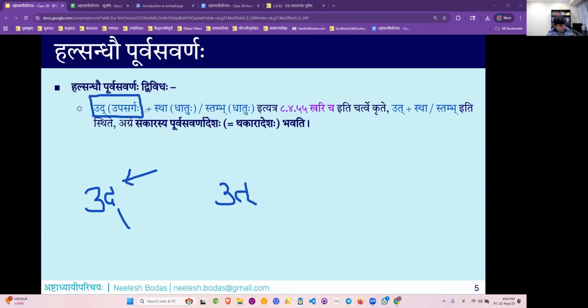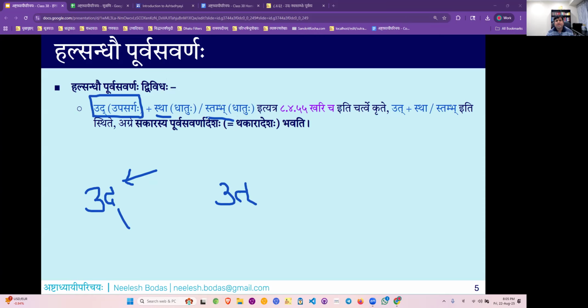So Udda iti Upasargaha tatha cha stha, tishthati, to stay, iti dhatuhu. Nochet stambha, stambha rodhane, same meaning, to stop at one place, the lack of movement. So stambha iti dhatuhu. So if you have the Uda Upasarga attached to the stha or the stambha dhatu, then